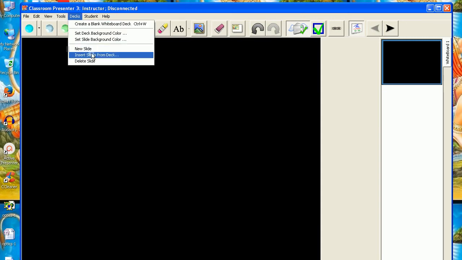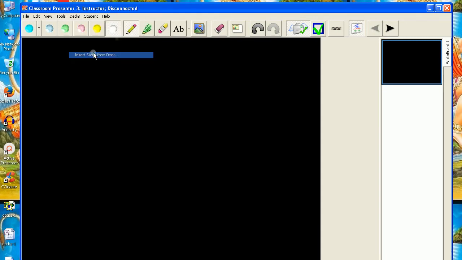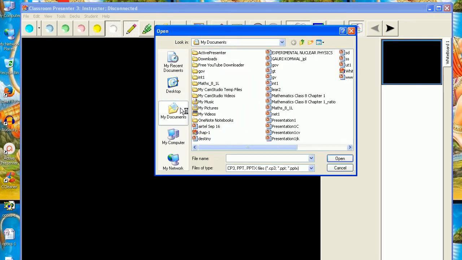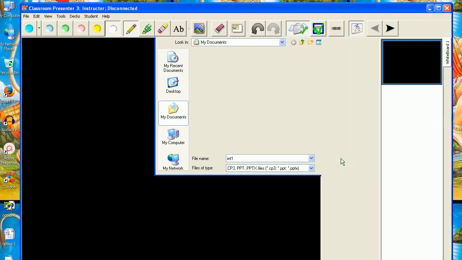So here use this tab, deck, insert slides from the deck. Where is your folder? So here you can see there are a number of slides, so I am using this one. Different formats: CP3 for the classroom presenter, and PPT, PPTX, PowerPoint formats.